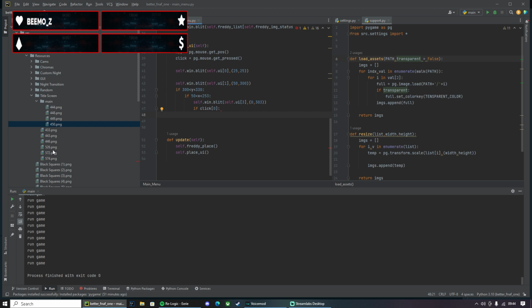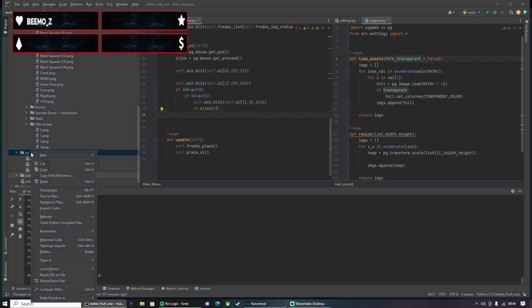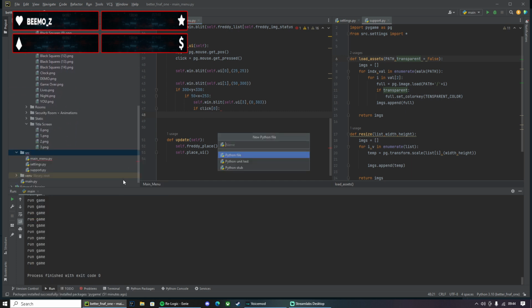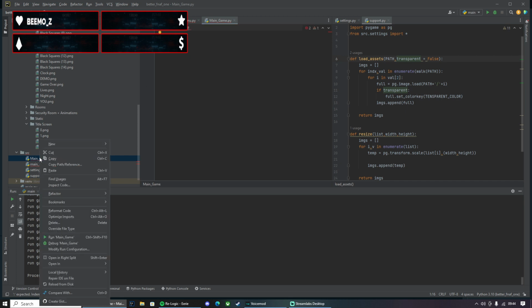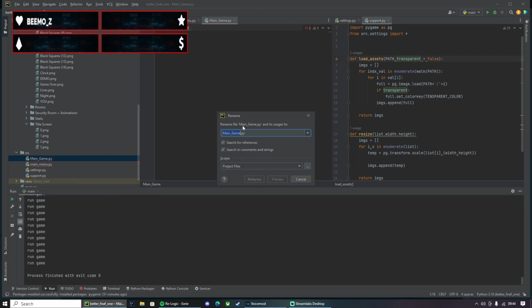Okay, so let's make a new file in the source, new, called the main game. And then a class main. I need to actually reformat that because it will be very inconsistent. Lowercase. Main game.